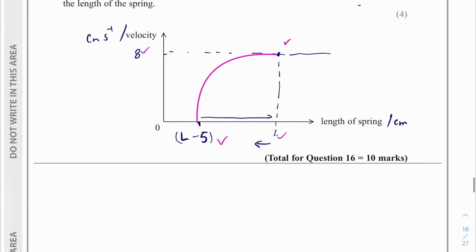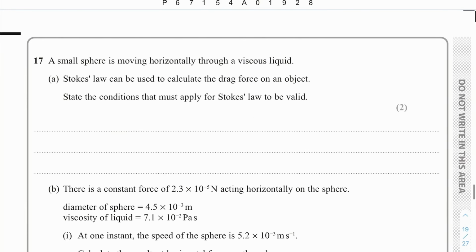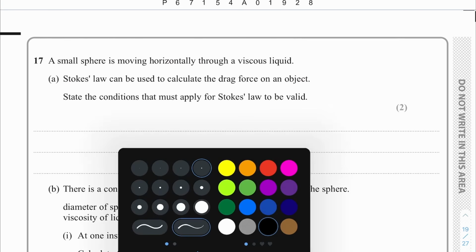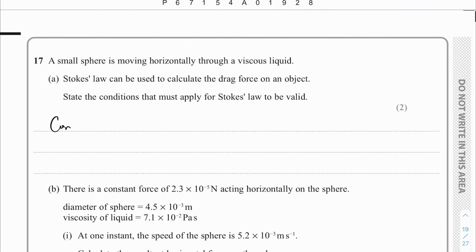All right. Let's move on to question number 17. A small sphere is moving horizontally through a viscous liquid. Stokes' law can be used to calculate the drag force on an object. State the conditions that must apply for Stokes' law to be valid. So what are the conditions? Conditions are